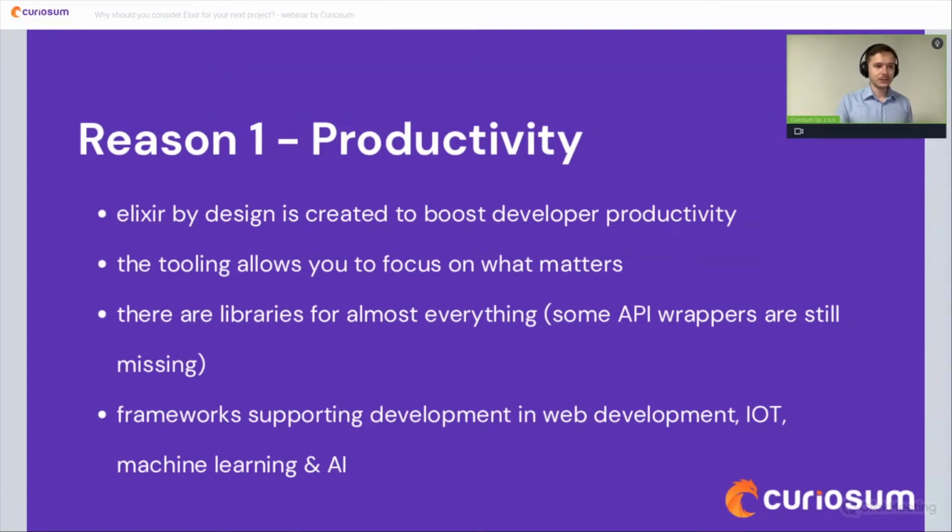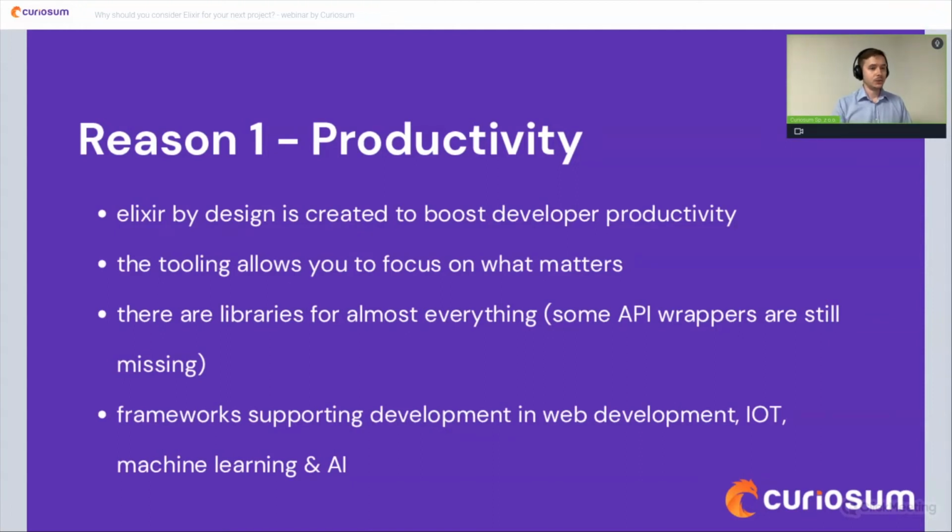But it doesn't also mean that there are no libraries for APIs. I just can say that it's not like every API is covered. And the next thing, and the last thing actually about the productivity, there are frameworks that support development in various